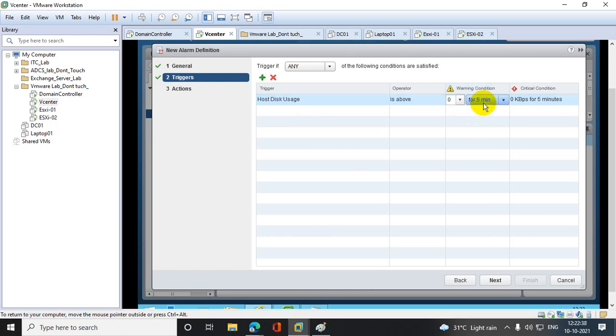Warning condition. So if it is sustained 25 minutes, it's allowed. But it is a disk usage, it does not allow me.